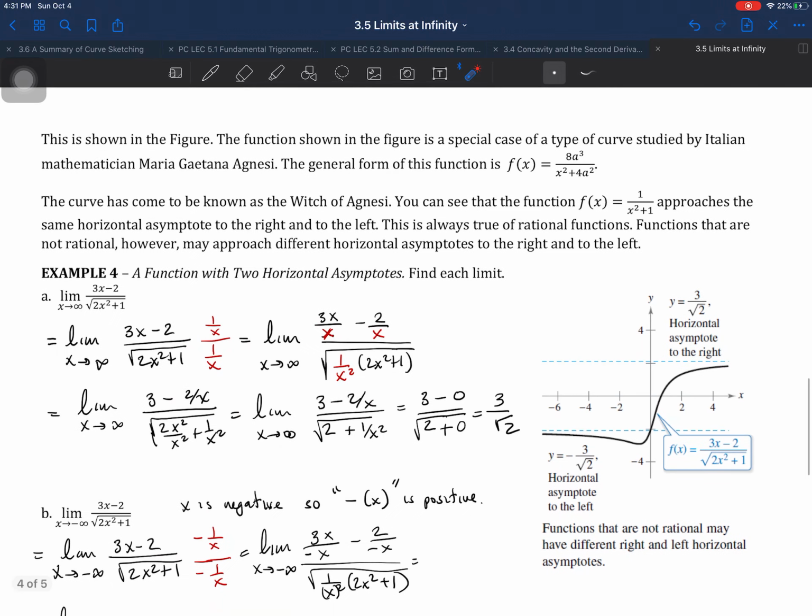So if the limit of this is what we're looking for as x goes to infinity, then we know that if we plug in infinity here and infinity there, we're going to get infinity over infinity. This is not useful. All we know is that it means we can do something about it. So what we're going to do is we're